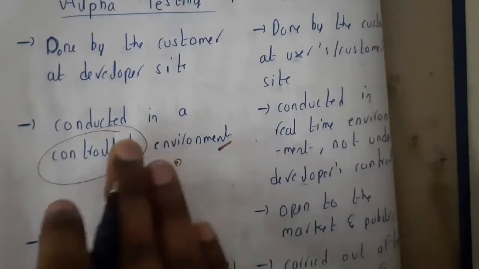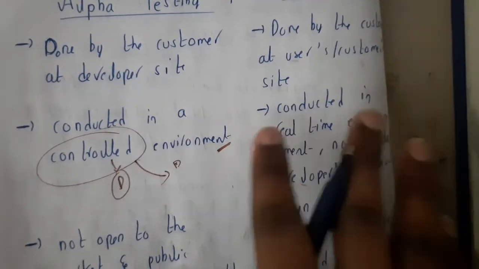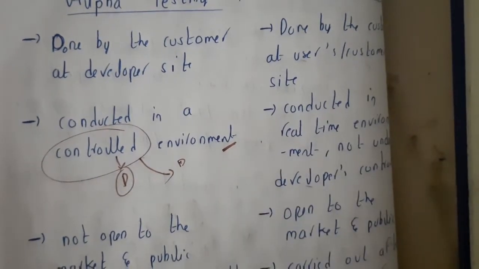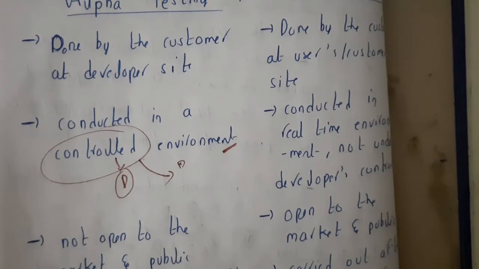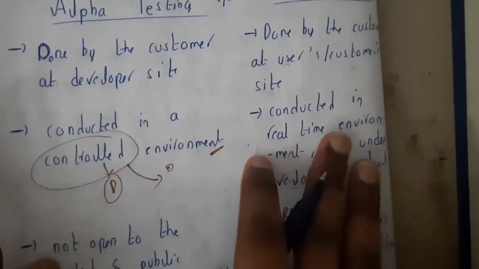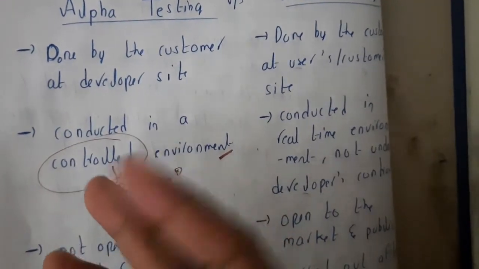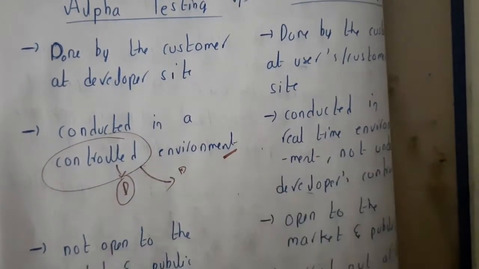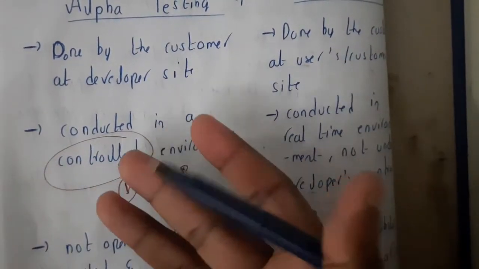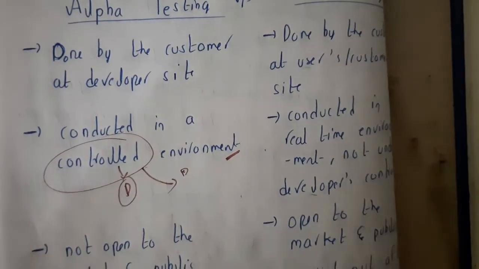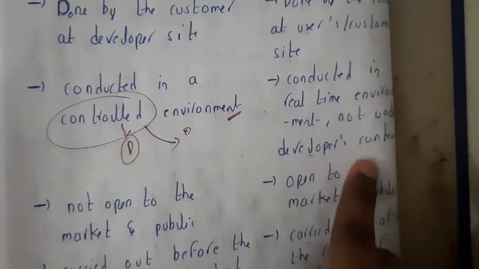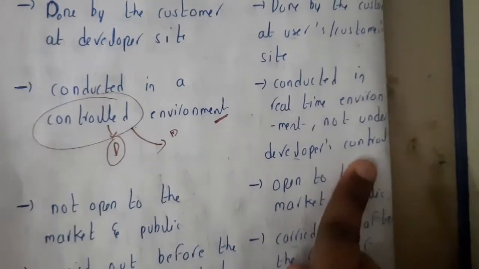Whereas in beta testing, there is nothing like that. It is not under the control of the developer, guys. It is conducted in a real-time environment, like a real user. Basically, if you are a user, assume that you are using YouTube and the server goes down. One day it went down, so that's the reason why I'm saying the example. You cannot do anything, right? If you are an employee at YouTube Studio or the YouTube original office, then you can tell them, this is the issue, the servers are down. That is the difference here, guys. So beta testing is conducted in a real-time environment, not under the developer's control, okay?